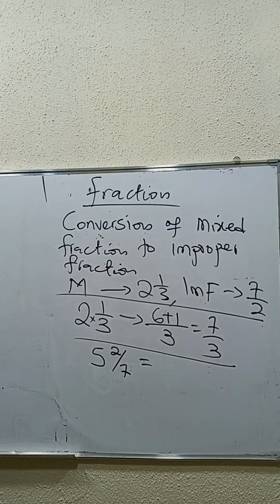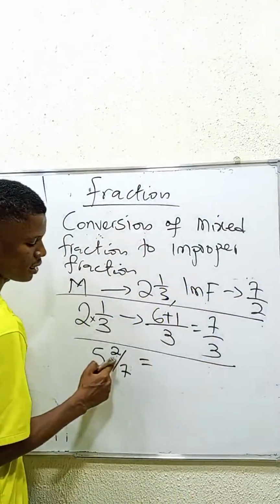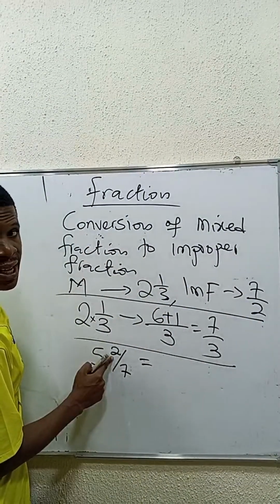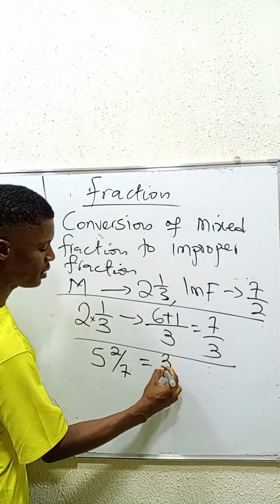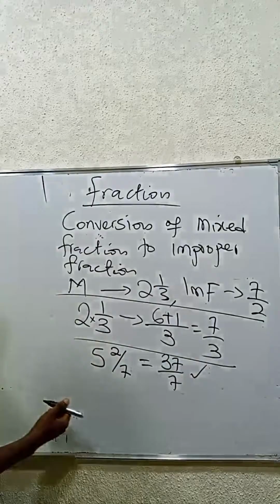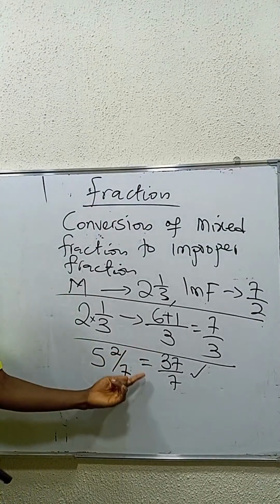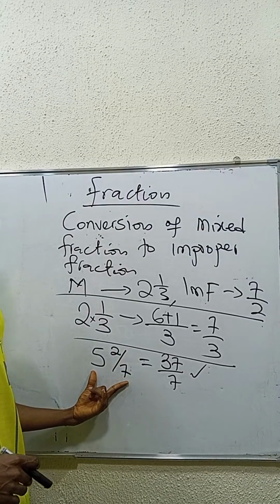7 times 5 is what? 7 times 5 is 35. So you have 35. 35 plus 2 is 37. So we have it as 37 over 7. And that's the answer. So whenever you are trying to convert a particular form of fraction, like this mixed fraction